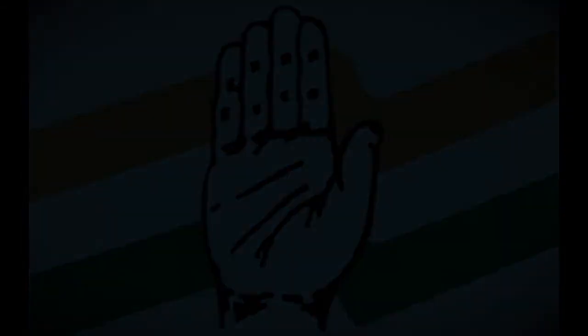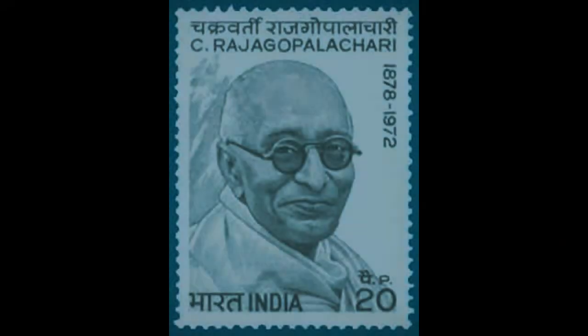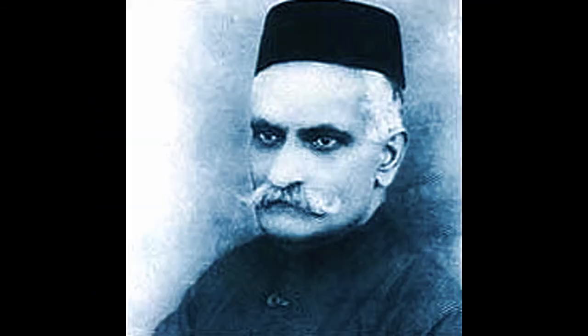One of the factions was run by C. Rajagopalachari and Vallabhbhai, who were for the British, and the other was run by Chittadas and Motilal Nehru, who were the independents of India. Another important event during the independence movement was on March 12, 1930, when Gandhi had led the civil disobedience against British rule.